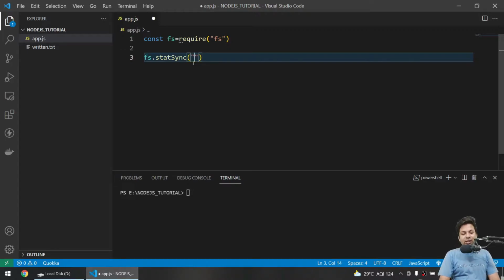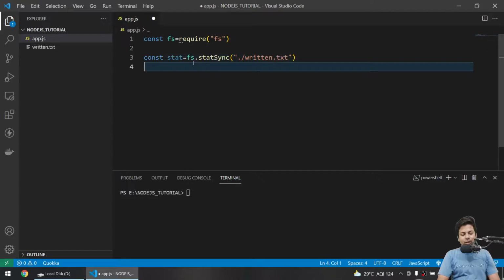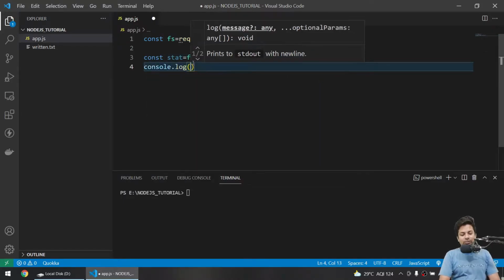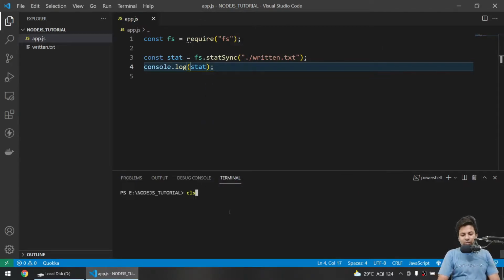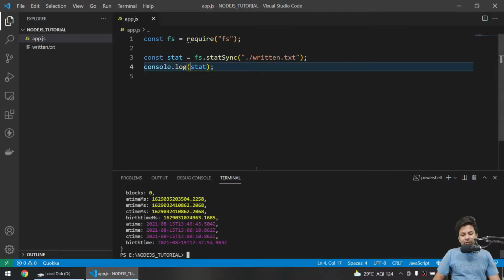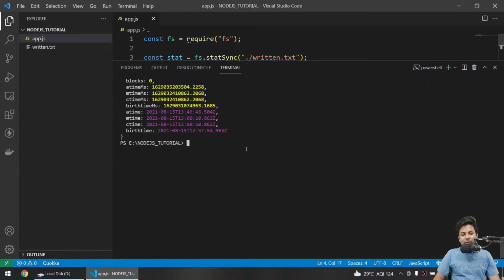So here we'll say return dot txt. Now here I'll take a stat. Here I console.log and just print the stat. Now if we run node app.js, you can see we got a bunch of information,